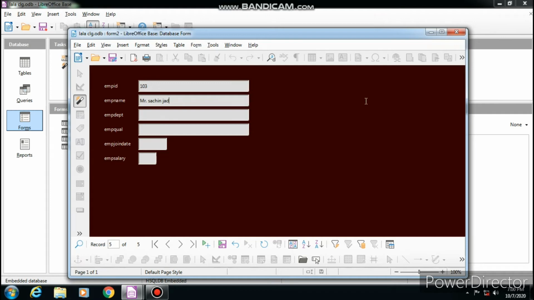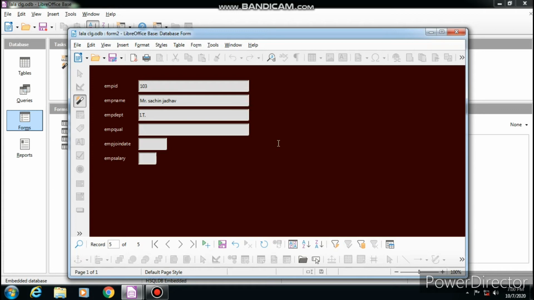Enter all the field data correctly. Employee department IT, I have selected IT department. Then employee qualification, as the department is IT, select or enter some relevant IT qualification.